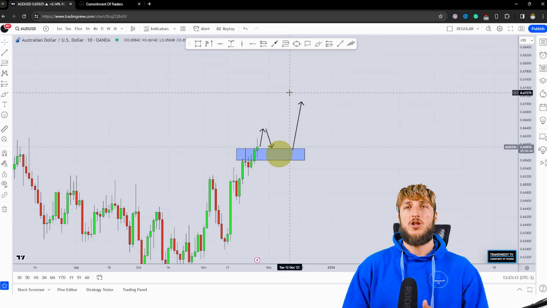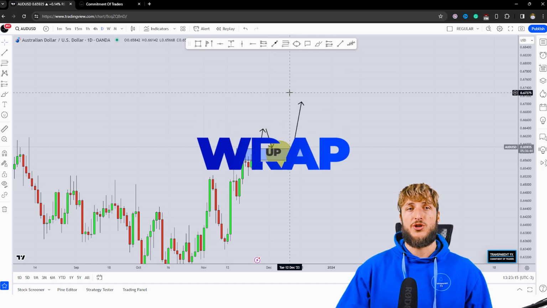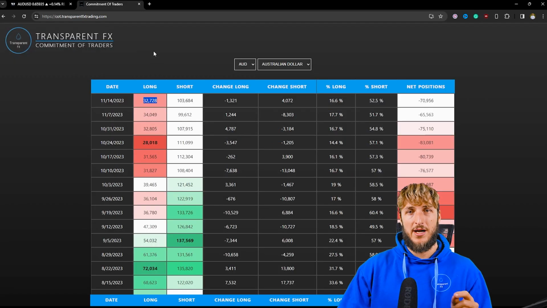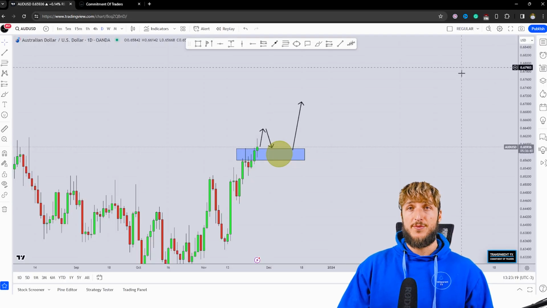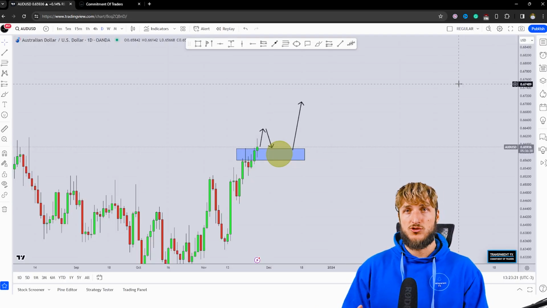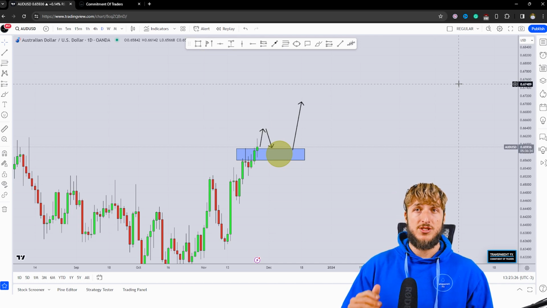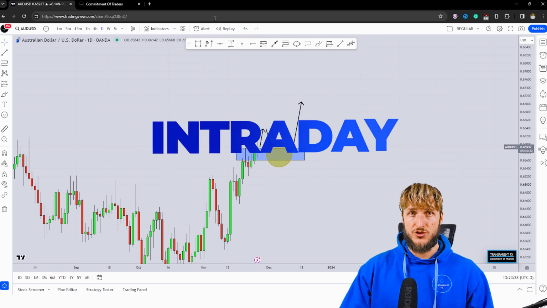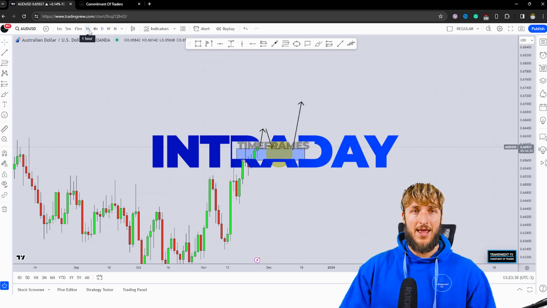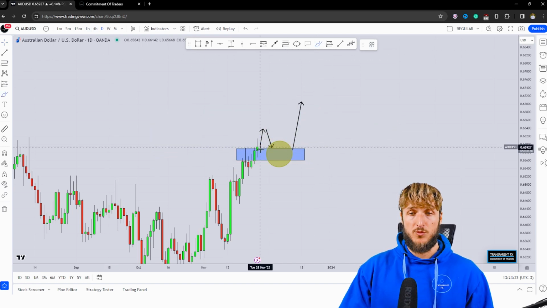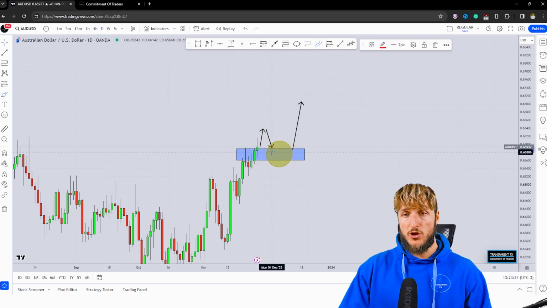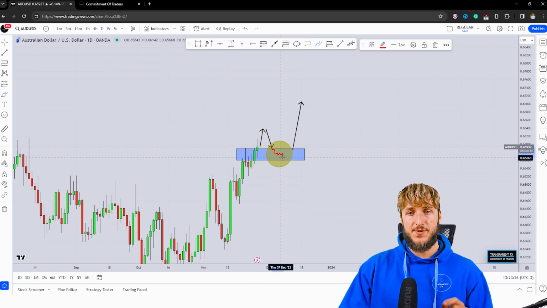Now, as usual, trading is reactive and not predictive. The monthly, weekly, and daily combined with the COT data, those are the best time frames from a directional perspective. However, when it comes to confirmations and entries, the best time frames are the intraday time frames, so 4 hour and lower. Therefore, what I could be doing potentially is monitoring price action from an intraday perspective during this move to the downside,